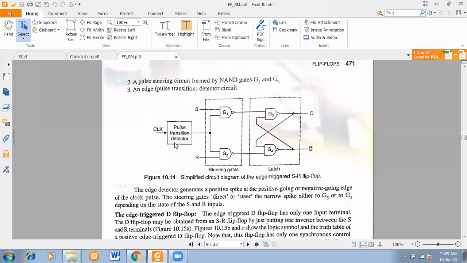The only difference is that here the clock input is edge triggered, and it is the rising edge trigger, not the falling edge. So that's why they have written there that it is an edge trigger flip flop.